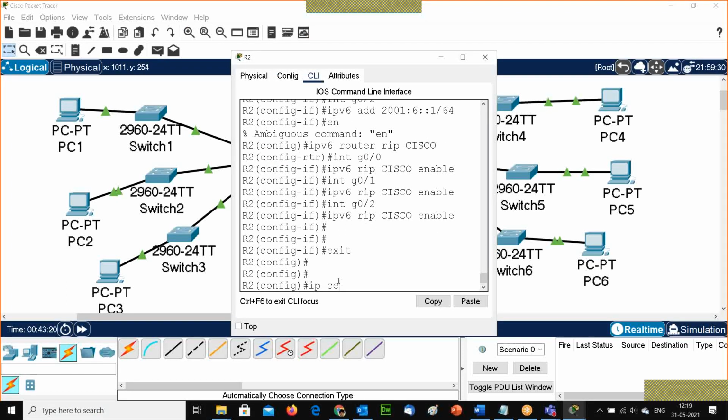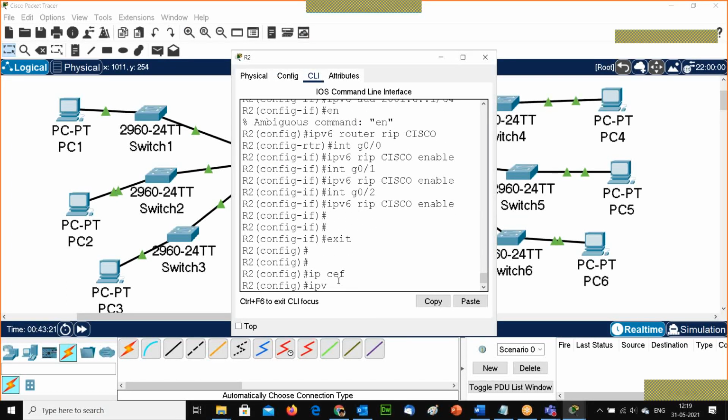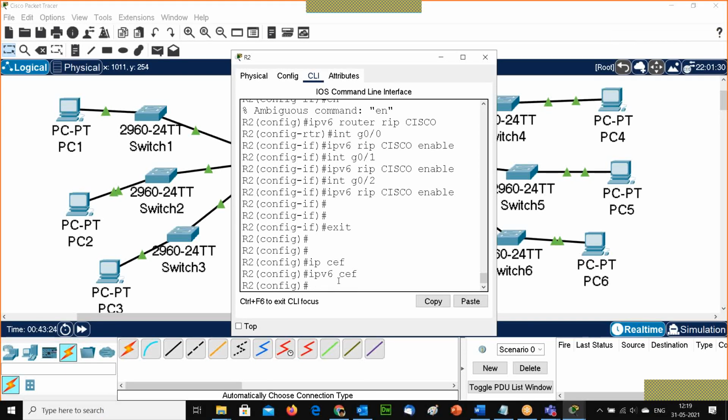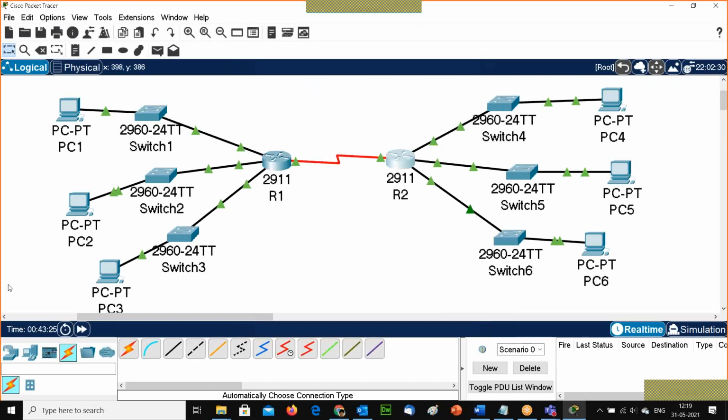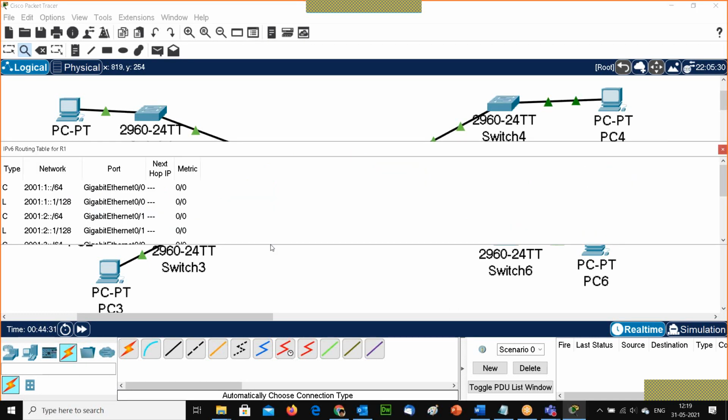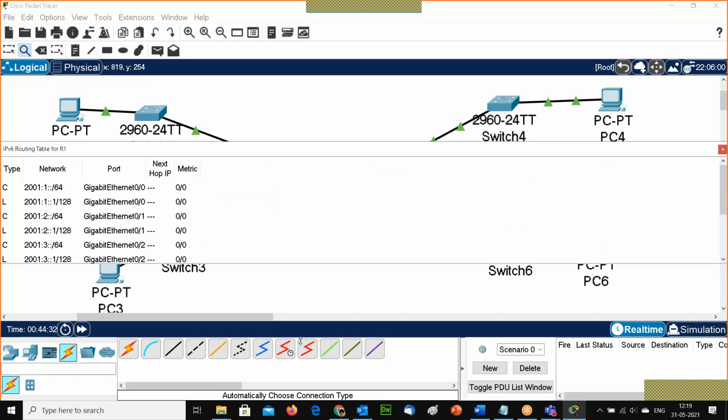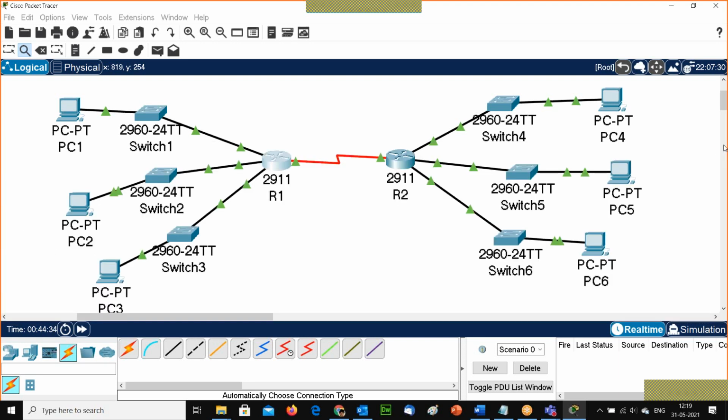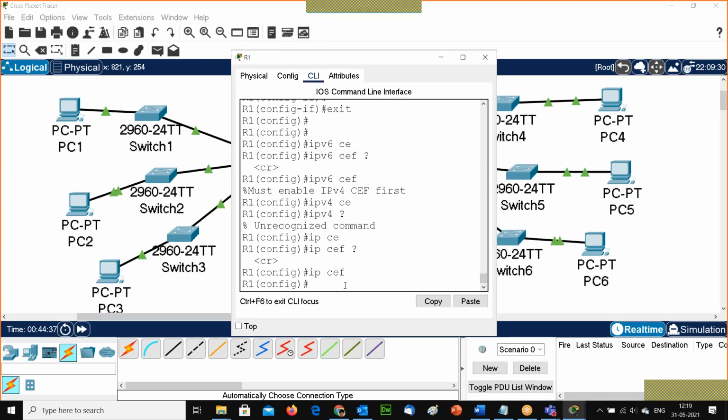So IP CEF, and then we must go and check the routing table. If it's not there, then we are careful. Go and see if any other routing rules should be configured.